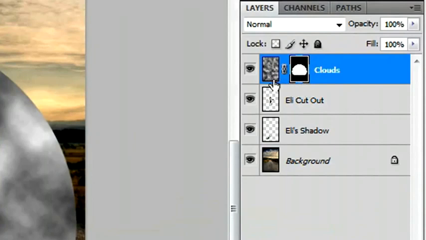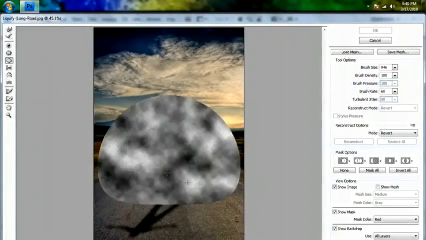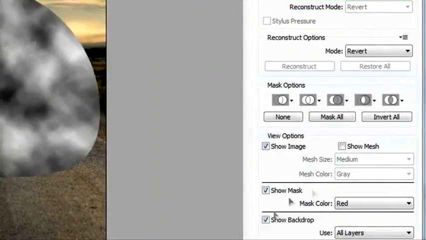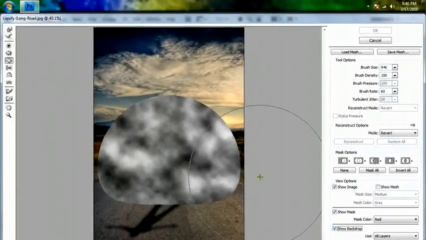When you make a mask, it automatically selects it. So what you want to do is click on the thumbnail next to it, and that will actually have the clouds themselves selected and not the mask. So we want to go to Liquify, and now that should be there. And if you want this background to show up, you need to go down here to Show Backdrop. So you can see that it toggles that on and off,